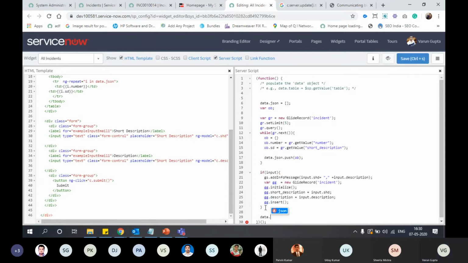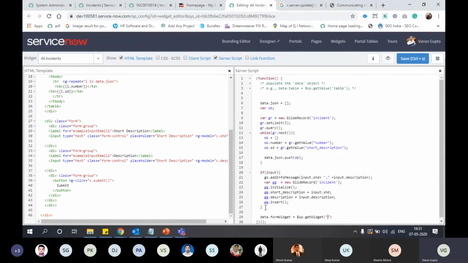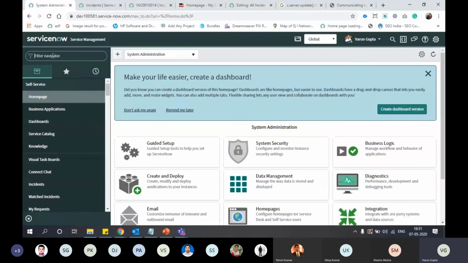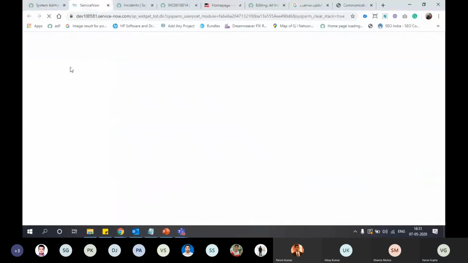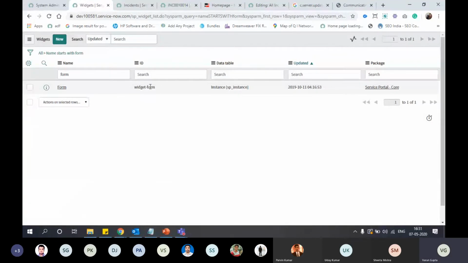Name. sp.getWidget. We can check the ID of that widget. The ID is widget-form.